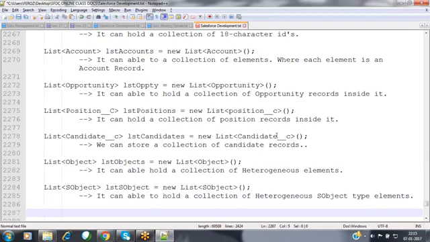So here we can store the different types of elements inside that. Feroz, account, opportunity, candidate, all those things are S objects, right? Yes, that's right. We have the S object type, which is a standard data type given by Salesforce to you. In that data type, we can store all types of records inside that. When moving forward, we are going to discuss S object type also.